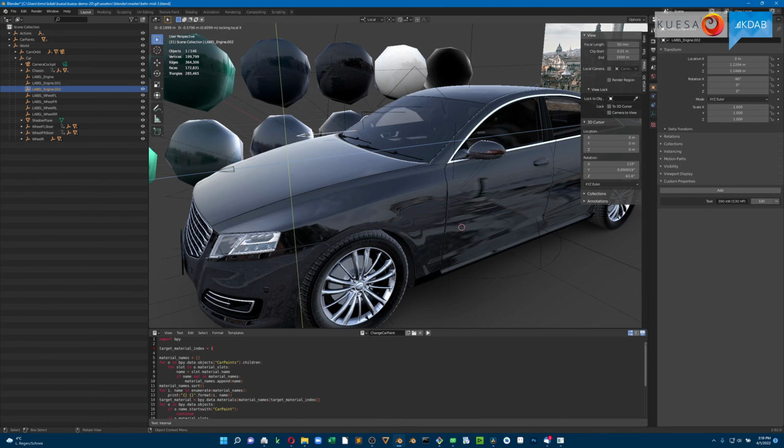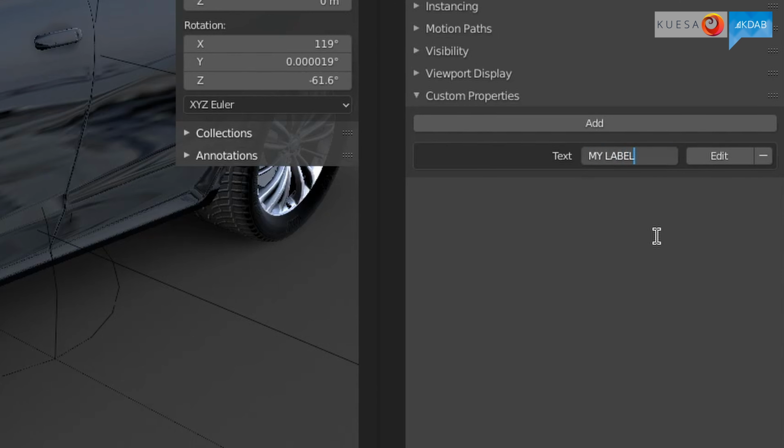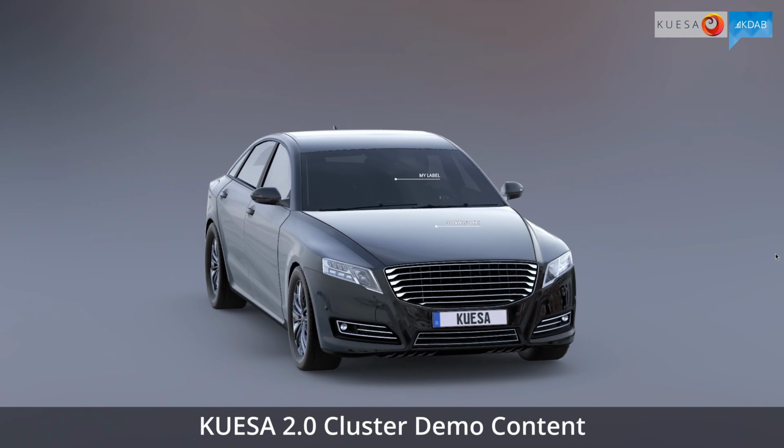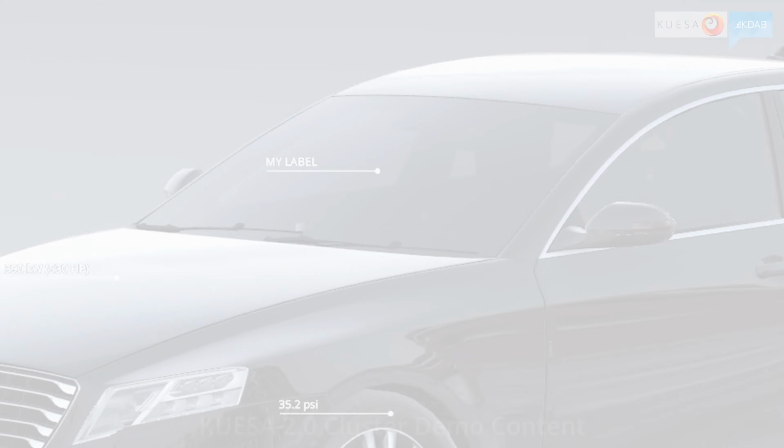So the big advantage here is whenever a model or a feature set changes, you just need to have the designer change it in Blender. The engineer can prepare the code and won't have to touch it again on changes.